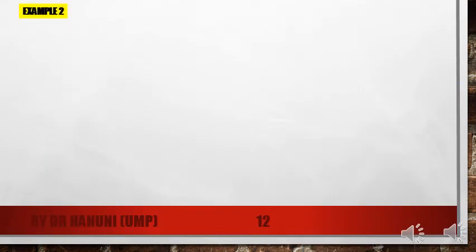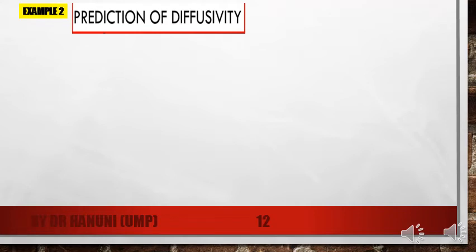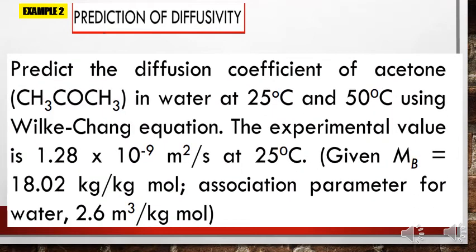Okay, let's do example 2, which is related to the prediction of diffusivity, or what we call DAB, in liquid diffusion. Alright, I give you a few minutes to read through the question. Okay, so have a look at the question here. The question asks you to predict the diffusion coefficient, or what we call DAB, of acetone in water at temperature 25 degrees C and 50 degrees C